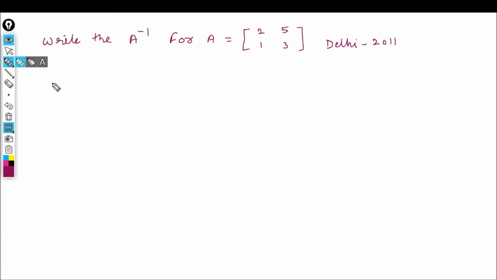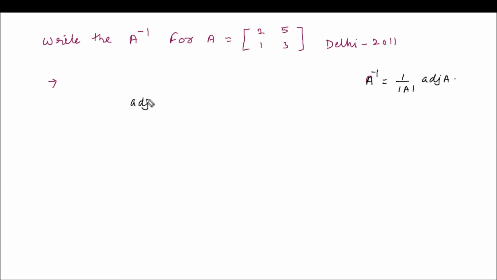So let us solve one of the important questions here. Write the inverse of A for given matrix A. तो देखिए बच्चों यहाँ पर inverse of given matrix is equal to 1 upon determinant of A into adjoint of A. So let us calculate बच्चों यहाँ पे adjoint of A is equal to,